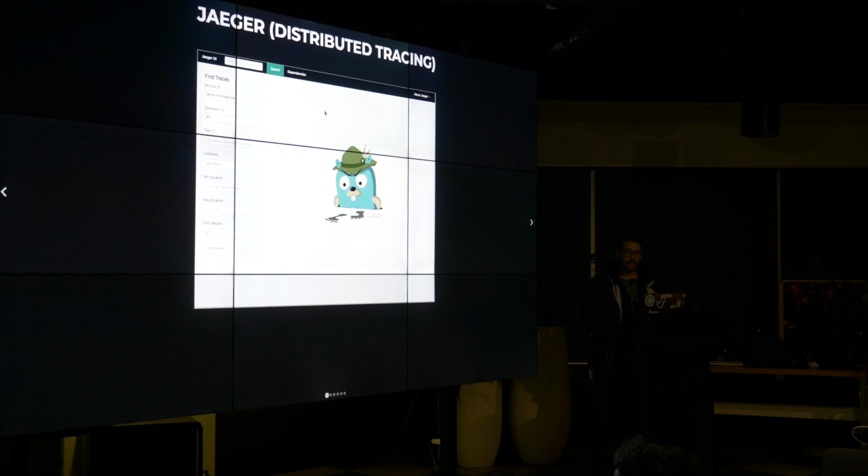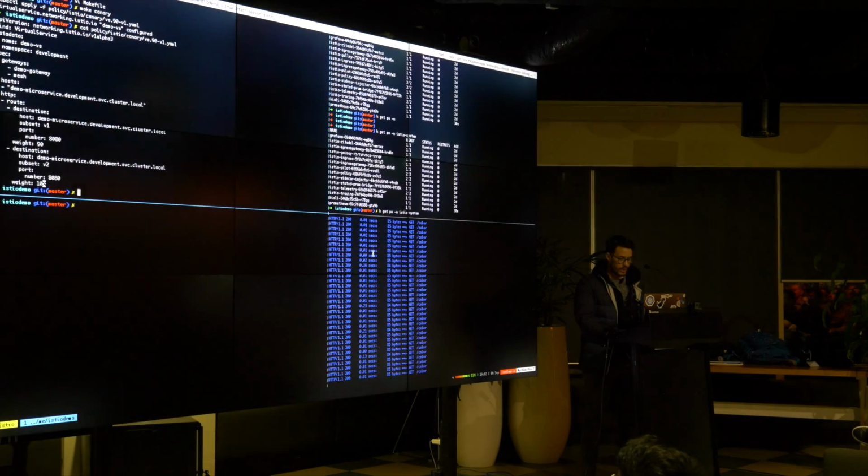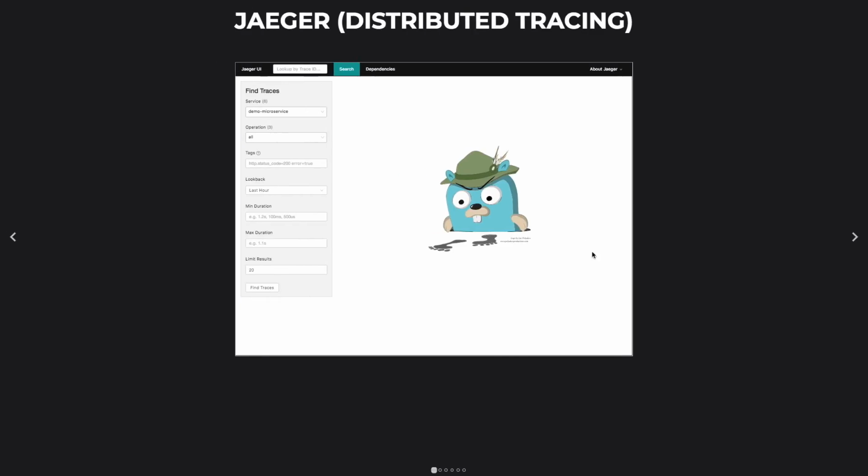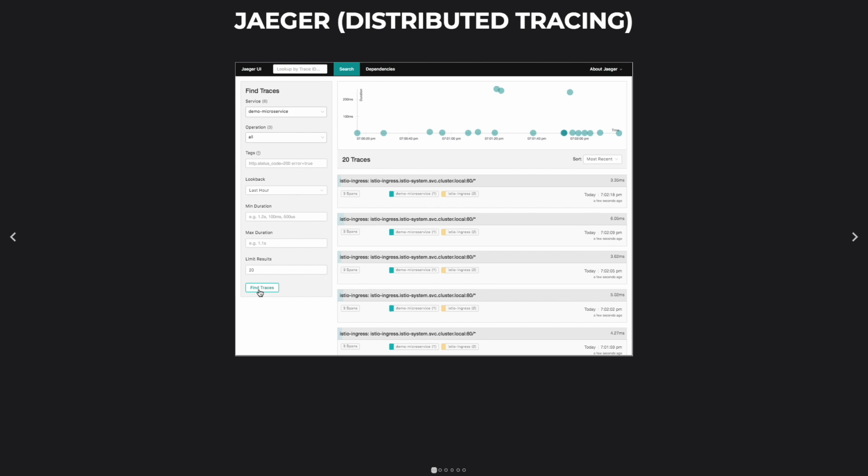So what I'm showing here is Jaeger. Now Jaeger is a nice little distributed tracing UI that can consume from Elasticsearch as well as Cassandra to produce a nice view of the traces. So as I showed here, I'm generating some traffic in this window over here. And so what we should see in this view is, if I hit refresh here, we should see these